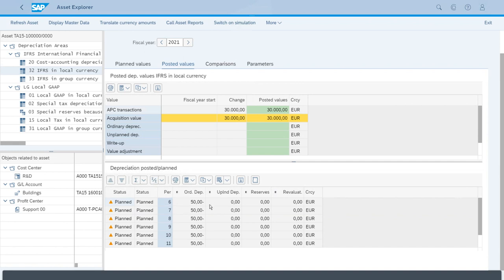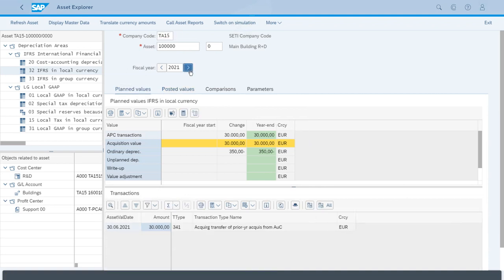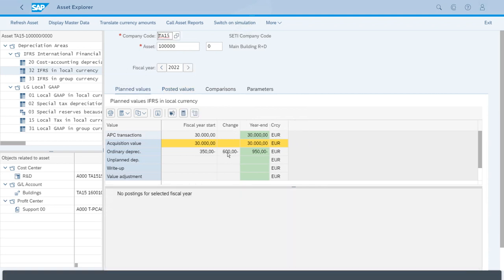So we have now the 50 per month, but that just means for the first year 350. Of course, if we change, for example, to 2022, we will get the adjusted depreciation,